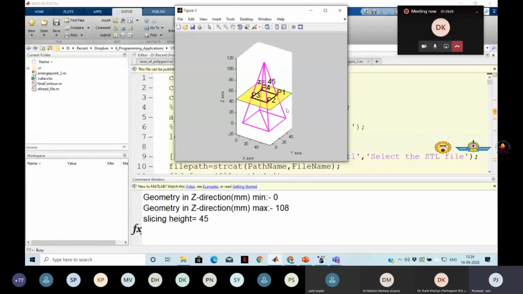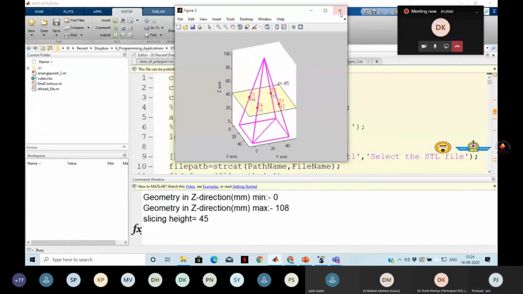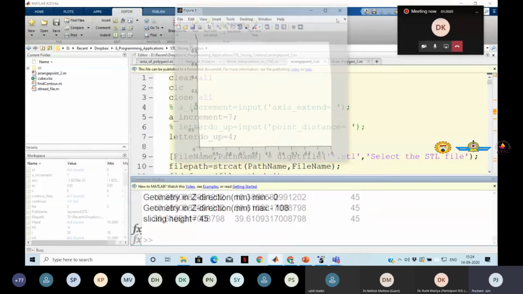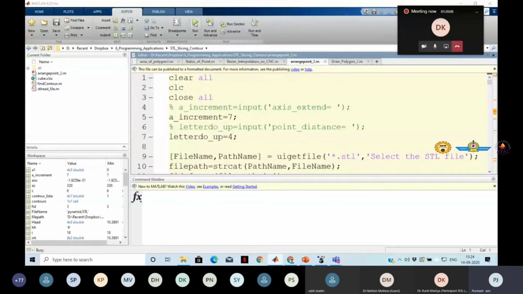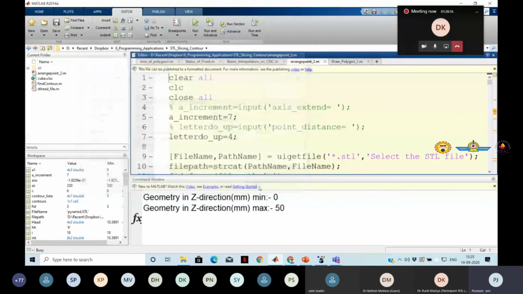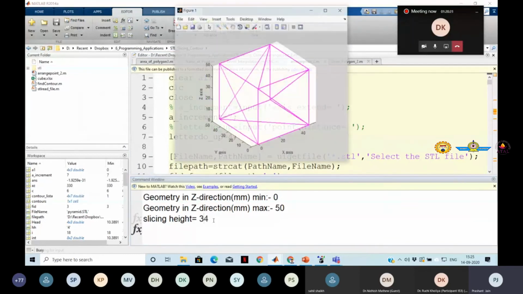Look at this. Let me show you a cube since we are talking a lot about a cube. I'm not going into much detail of how this program works or what the logic is behind it. I just wanted to give you a glimpse of why I'm giving so much emphasis on that. You see, this is the cube STL file, and this is the head and tail situation. You see intermediate lines are there, right?